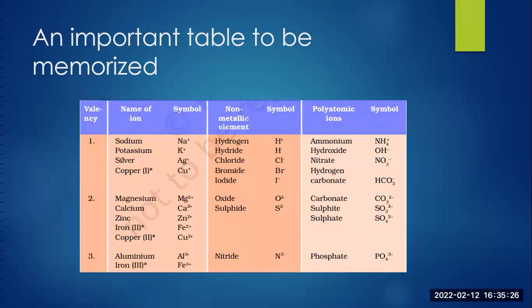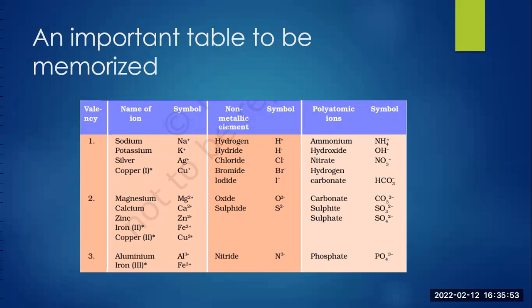This is an important table which should be memorized because it lists various ions along with their valencies, and it also tells us whether it's a cation or an anion. Cation is a positively charged ion and anion is a negatively charged ion. So in the first column, we see all the ions are positively charged ions, and remember all of them are